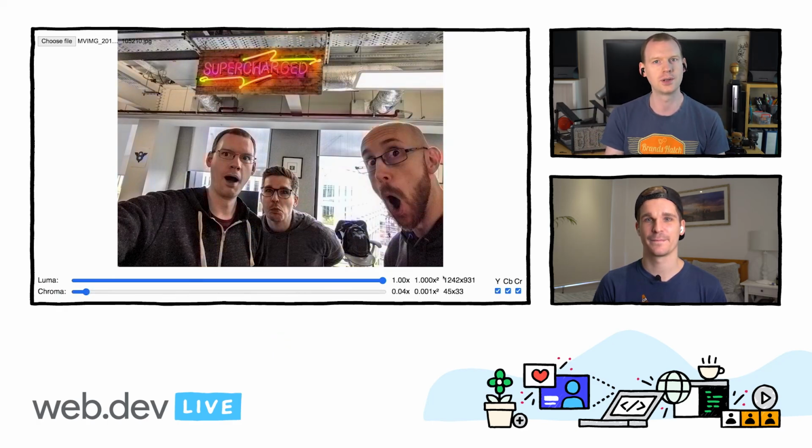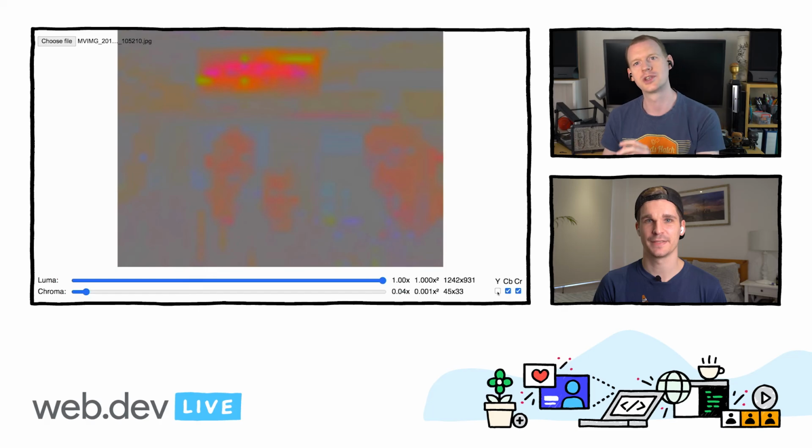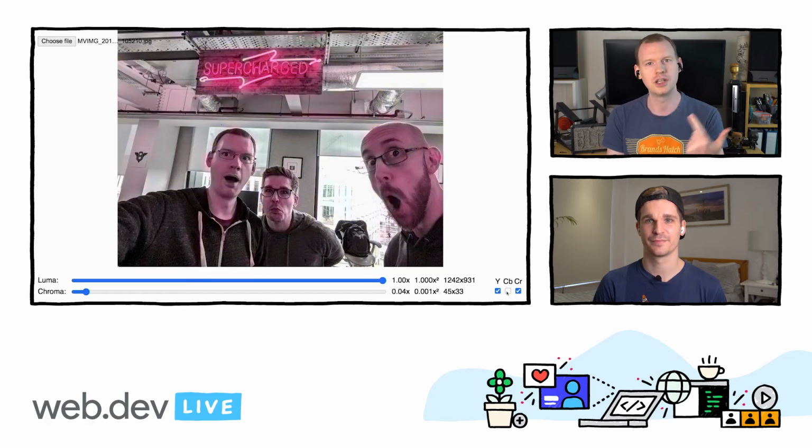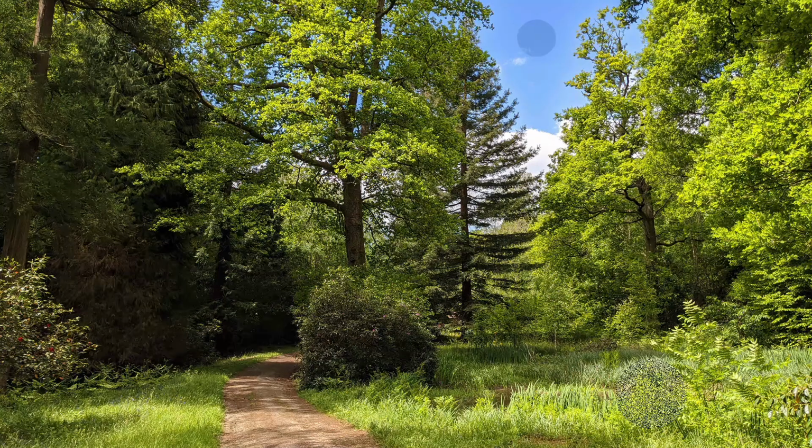Because this is what lossy codecs do. They call it chroma subsampling. Rather than RGB, they do brightness and then two chroma channels, two color channels. And that means they can just discard loads of that color data and save a lot of file size as a result. As you mentioned earlier, you get some color bleeding as a result, but it's barely noticeable, especially in photographic imagery. One more thing that lossy codecs do in terms of lossy stuff.